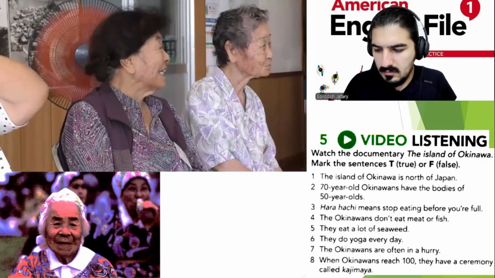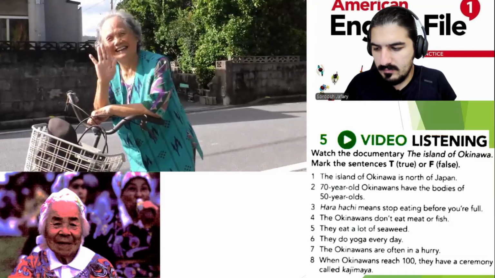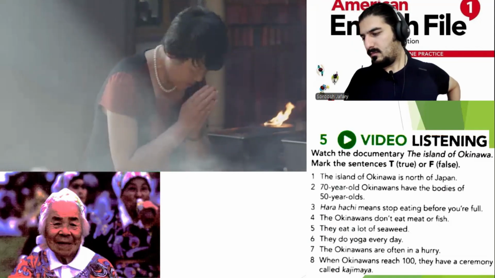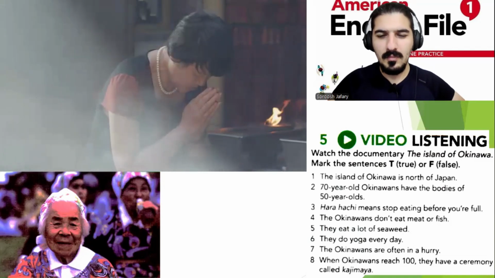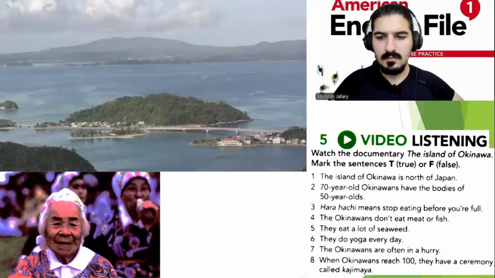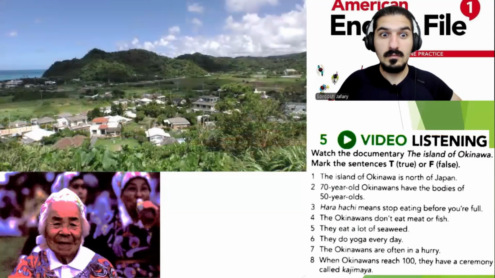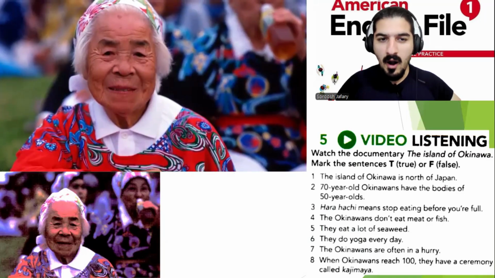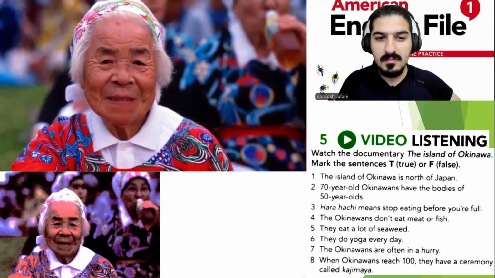The old people of Okinawa are very positive and happy with their lives. They are not stressed because they are never in a hurry. Their spiritual lives are important to them, especially the women, and many of them meditate every day. In Okinawa, people say you're a child until you are 55, and when you reach 97, your local town holds a special ritual called Kajimaya to celebrate the fact that now it is time to be young again, to be free of all responsibilities, and to simply enjoy life.